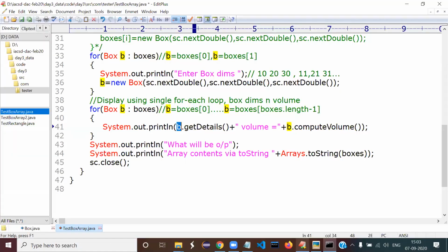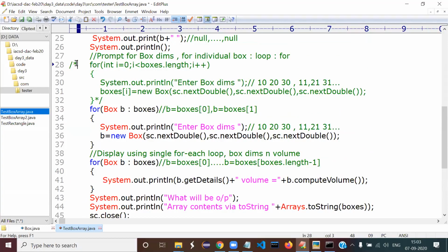So now let us fix it again. Do it fast, please. So now uncomment the for loop and comment your for each. So keep my original code. Now I want to show you setting the class path.